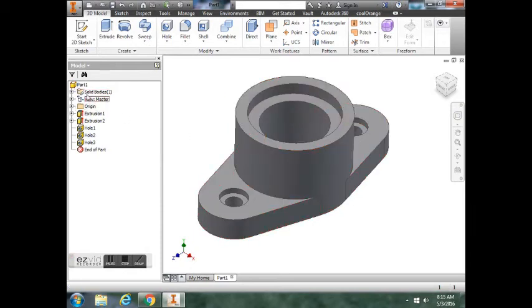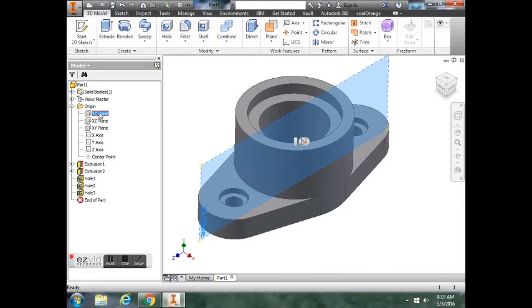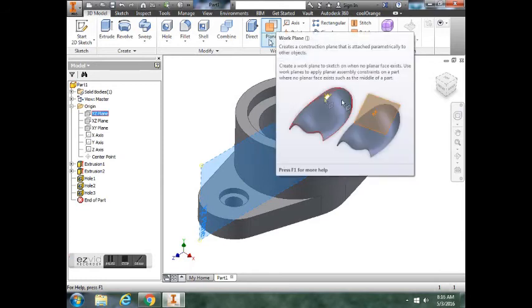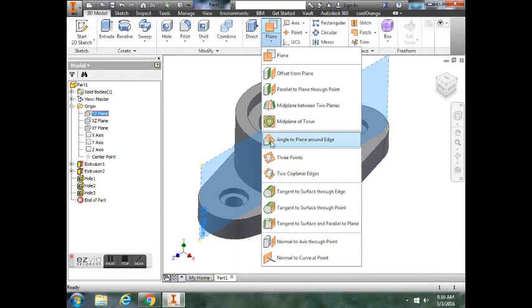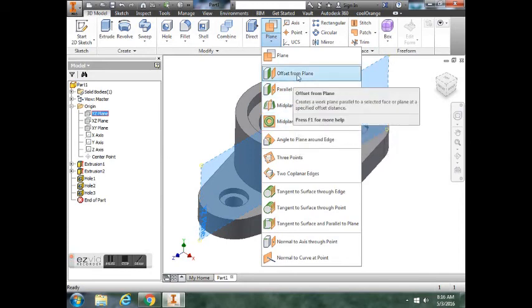If you go over here into your model tree, there's a folder called Origin. If you open that plus button up, you can see all the work planes that we started with. Okay, we want this YZ work plane. So if you click on it once and then come up here to the plane work plane button and use this pull down method, there's all these different methods of making work planes, because work planes are pretty important. Okay, we want to use the first one, offset a work plane,